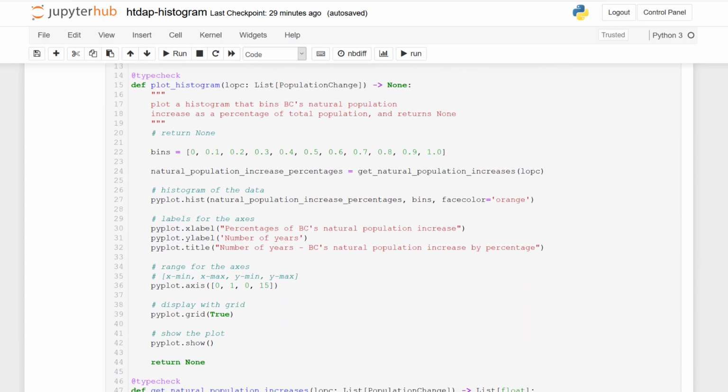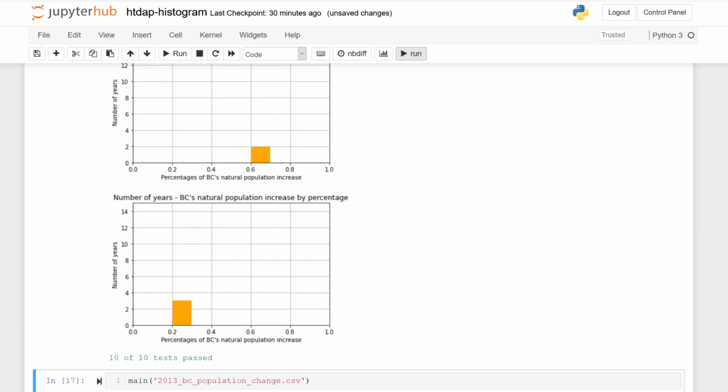Now, if we go back to plot, we can see that actually our function is now fully designed. We're calculating all of the data points. We're passing them into the histogram call. We're telling the histogram how to bin them, so between 0 and 0.1, 0.1 and 0.2, etc. So let's run all the cells, which will include running our call to main with our full data set at the bottom, so we can see if our graph produces what we expect. I'll scroll all the way down,